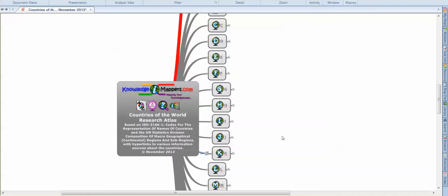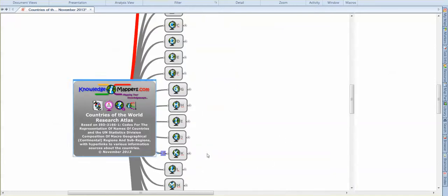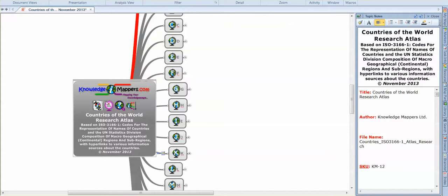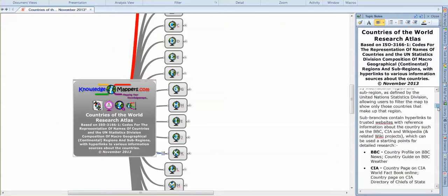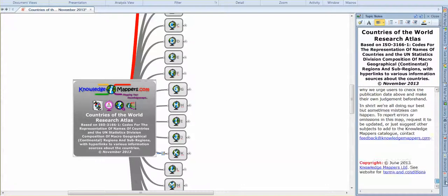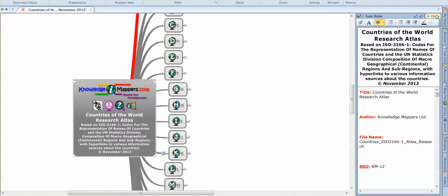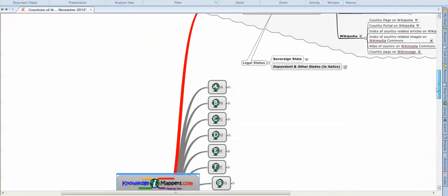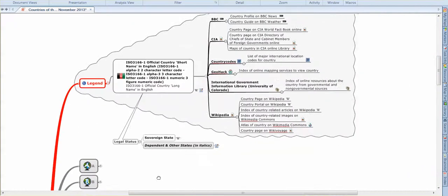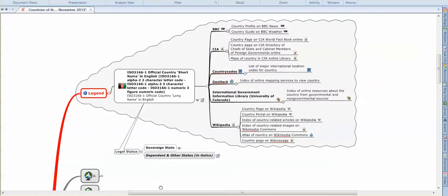Let's get stuck in then. As our usual features, we've got a central topic with our metadata, all descriptive data about the map. We have our legend bar at the top here, legend branches. So we see it's Countries of the World, so each of our topics is devoted to a country of the